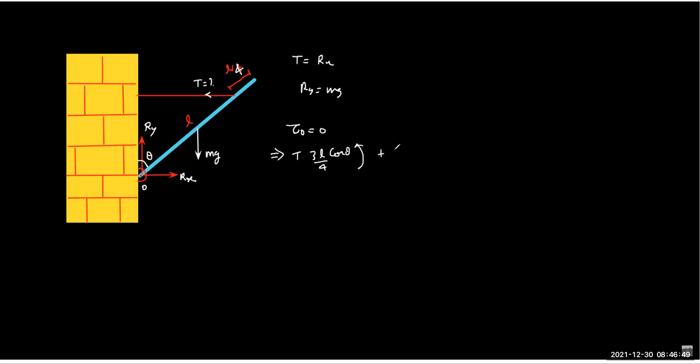And gravity will have the value mg into L by 2 sin theta. Because these are opposite in sense, we can just write with a sign convention. So this is plus and this is minus. And this gives you the answer, mg